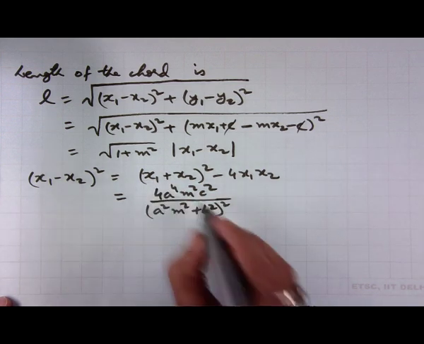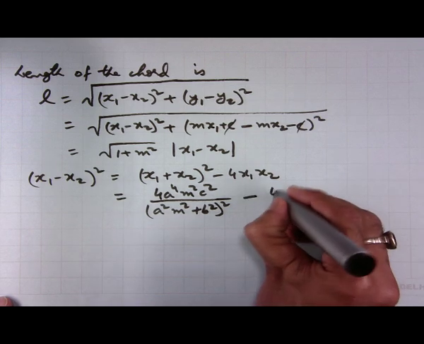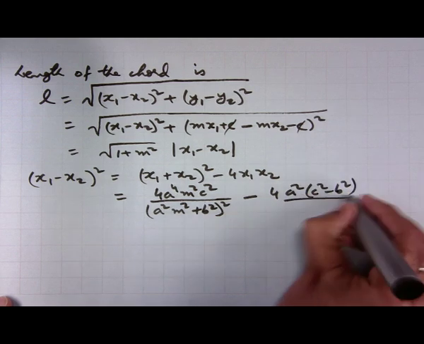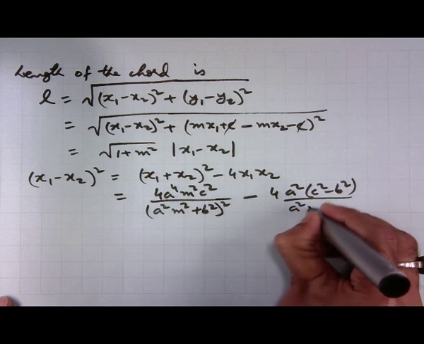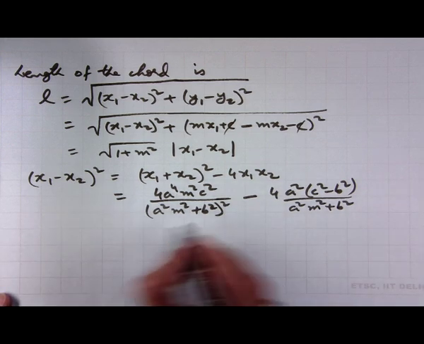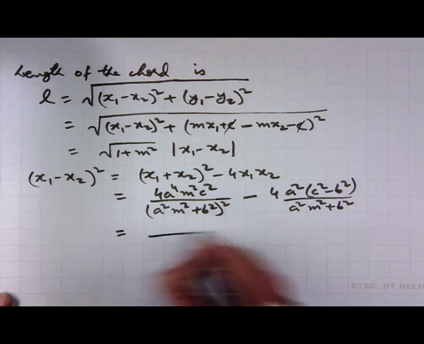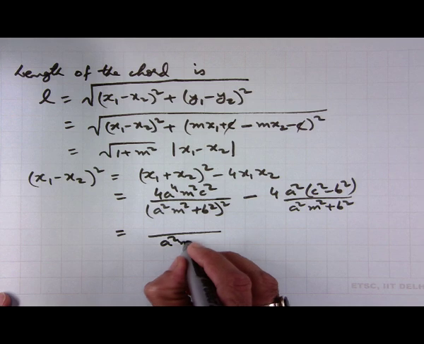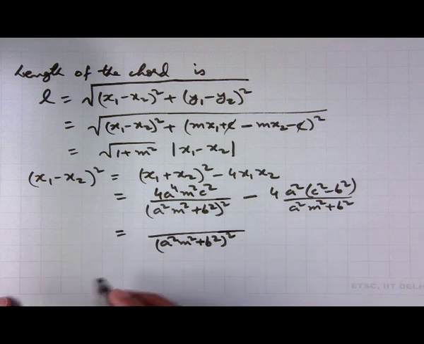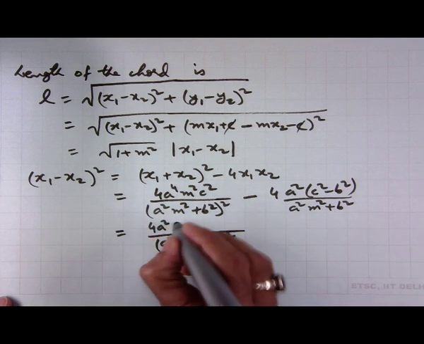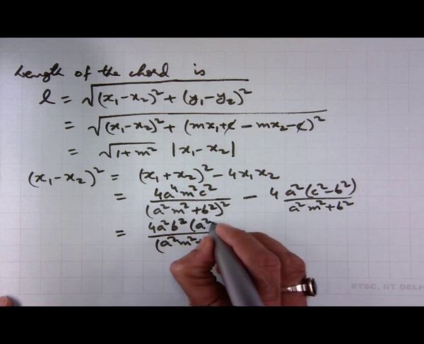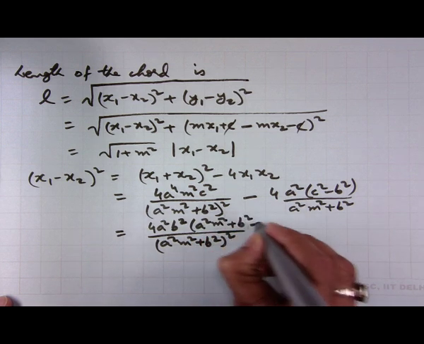This is (x1 plus x2) squared minus 4 times x1 x2, minus 4 times (a square c square minus b square) divided by (a square m square plus b square), and on simplification we have (a square m square plus b square) squared in the denominator and the numerator becomes 4 a square b square times (a square m square plus b square minus c square),